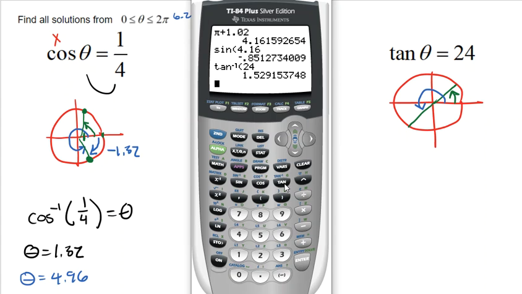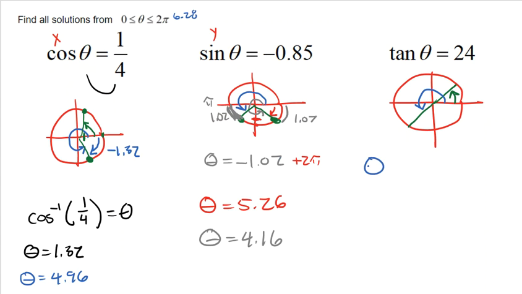And again, why not just type in tangent of 1.53 real quick just to confirm? Yeah, I get something really close to 24. Again, if you really want to be more accurate, use more decimals. All right, so one answer is 1.53. That's going to be that answer with the green arrow that ends in quadrant 1. But now I want the answer that's in quadrant